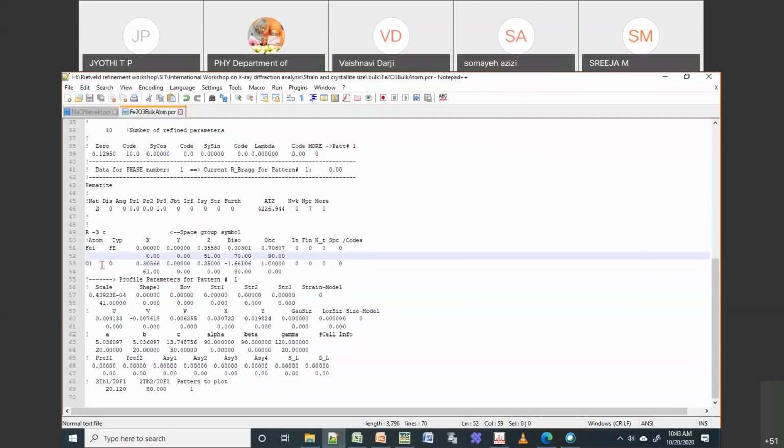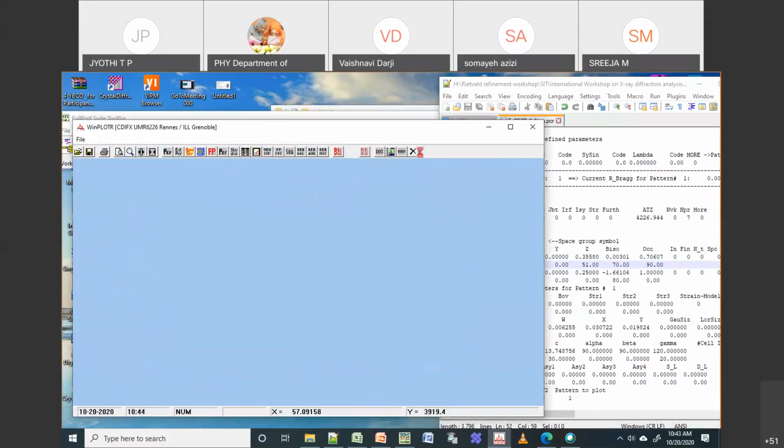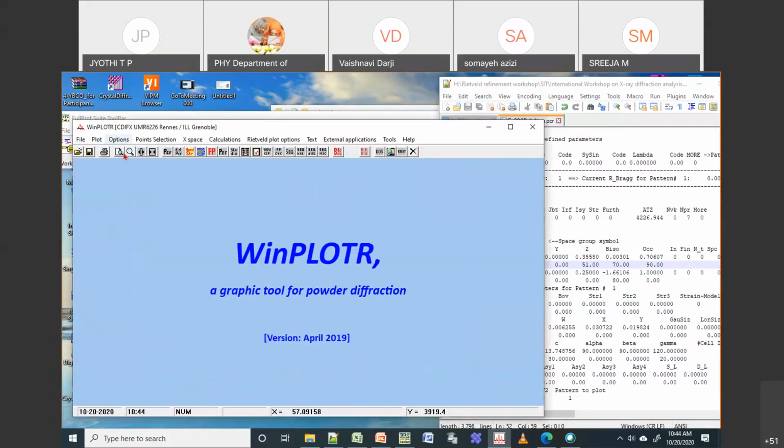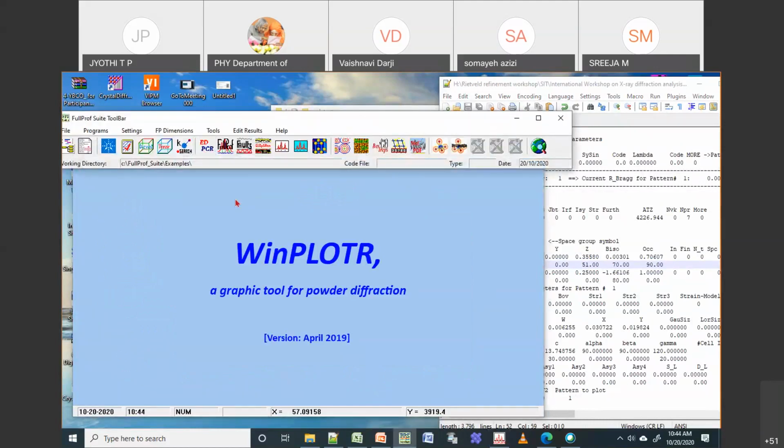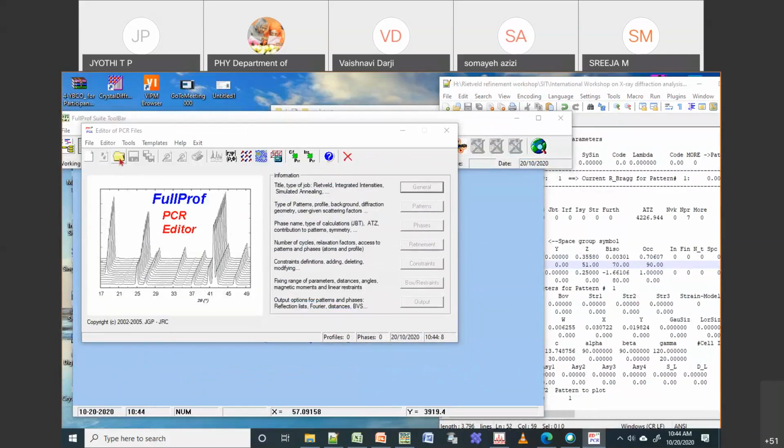So when you are doing Rietveld refinement, now I want to show one more thing. You can always start with a new PCR by going to EDPCR. Or one more way is to just open the existing PCR.